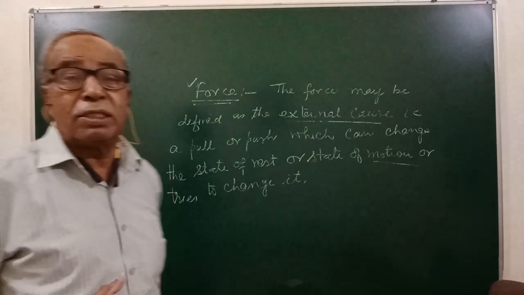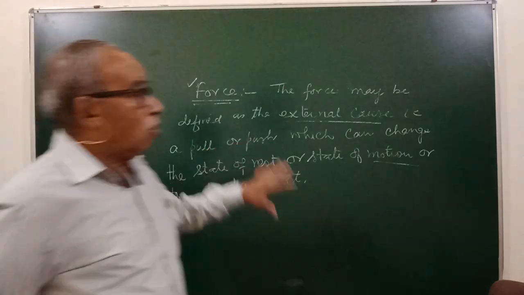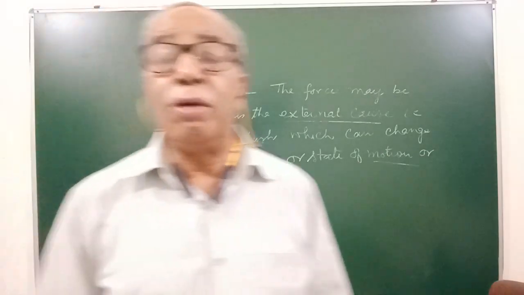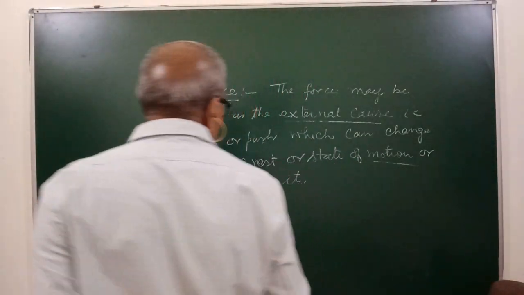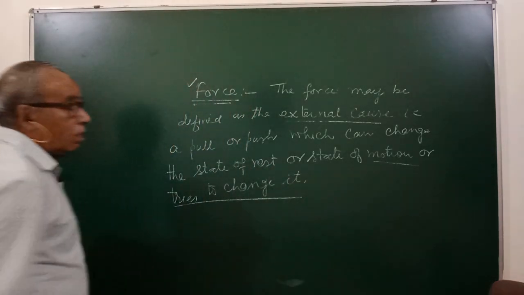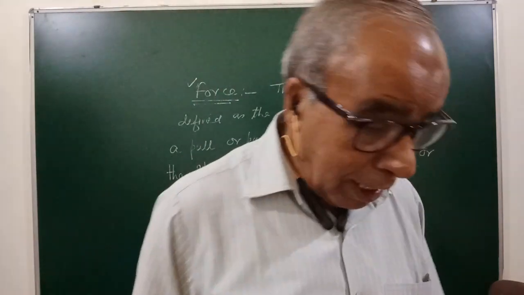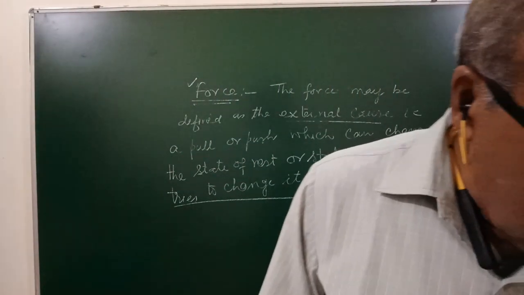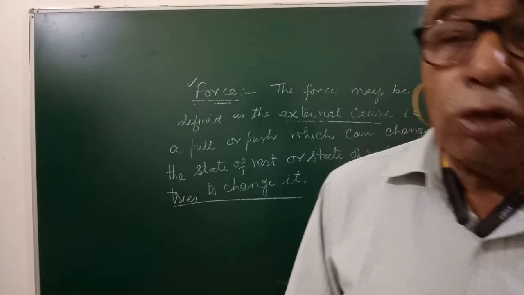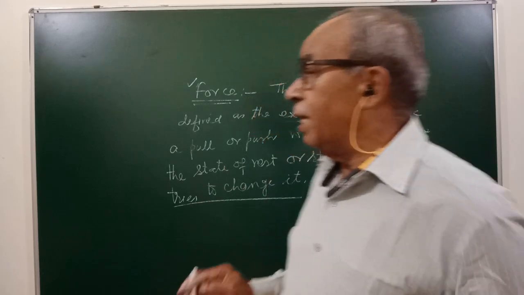Wall has large inertia. So I can try to change the state of rest of the wall but am unable to do that. So I routinely try to change it. The force is the external cause which can change the state of rest or state of motion or tries to change it. So this is the simple definition of force, and we must